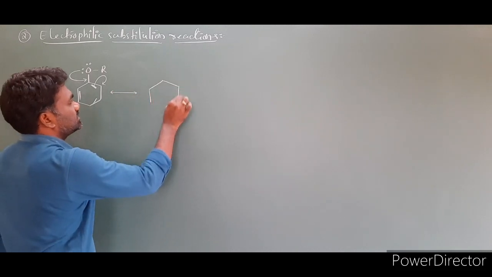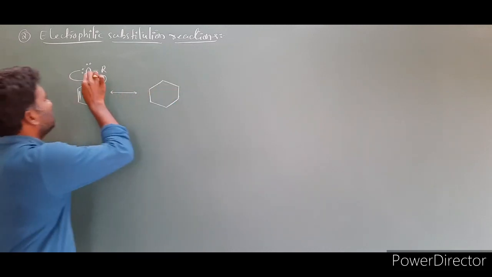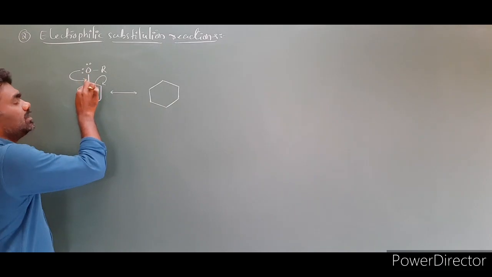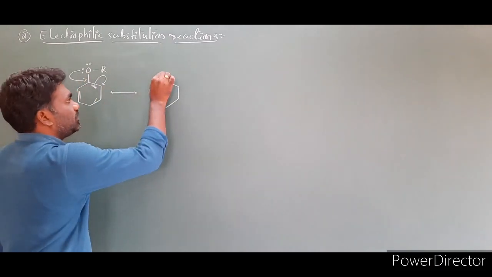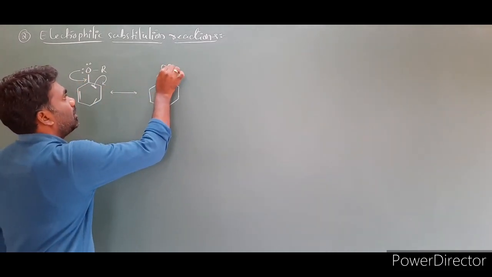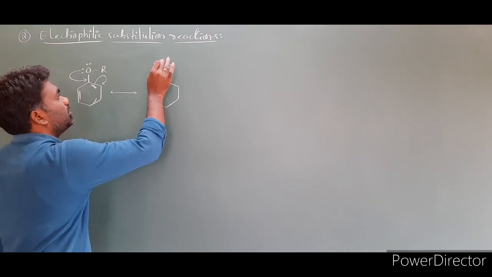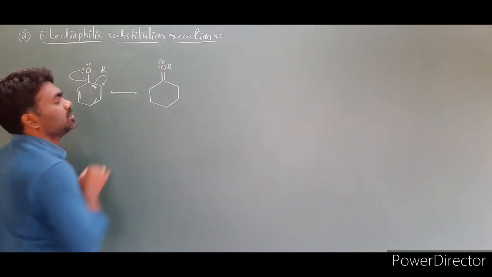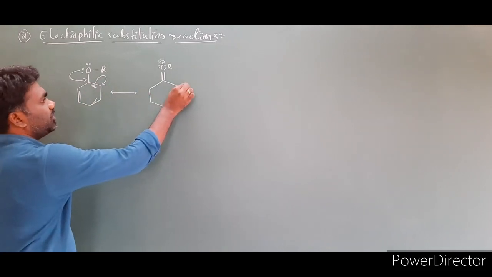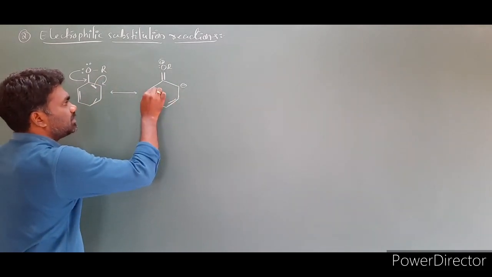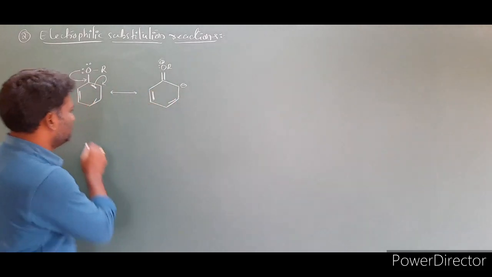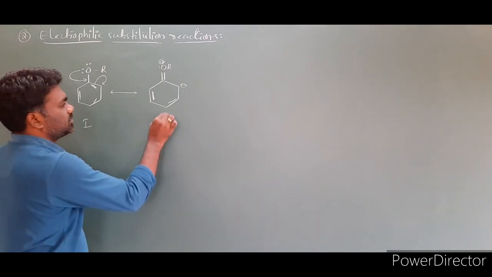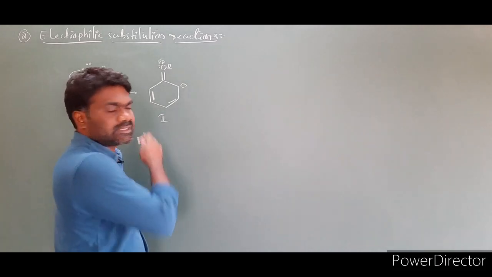What is the structure? Between the oxygen and carbon, a double bond is going to form, O double bond R with a positive charge. Already one lone pair is there, with positive charge. This bond is moving to here, this pi bond remains the same. This is structure 1, and I am labeling this as structure 2. You are writing the resonance structures for this ether.